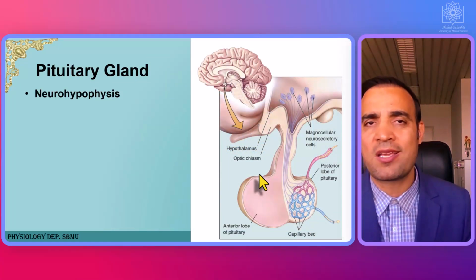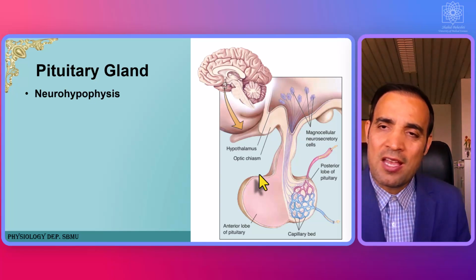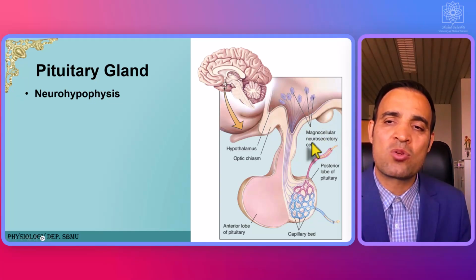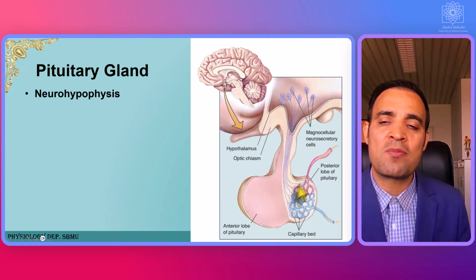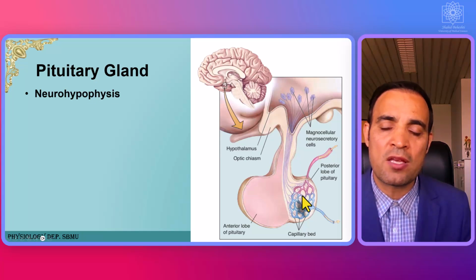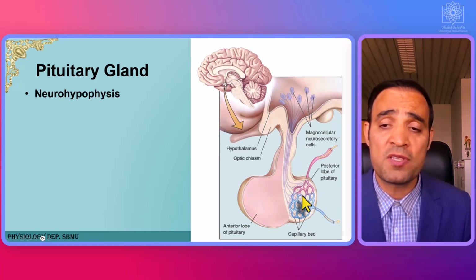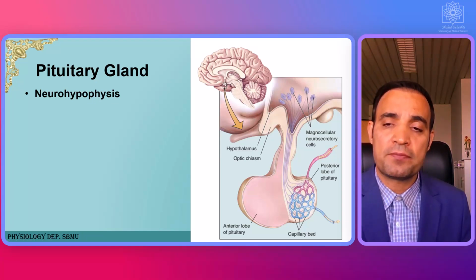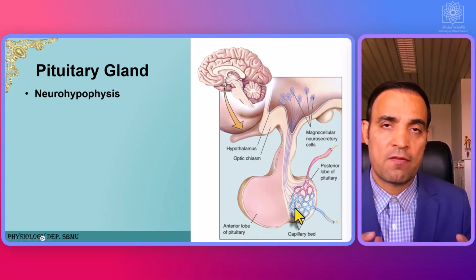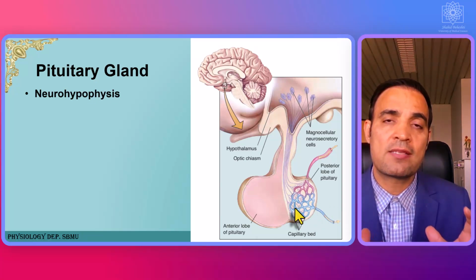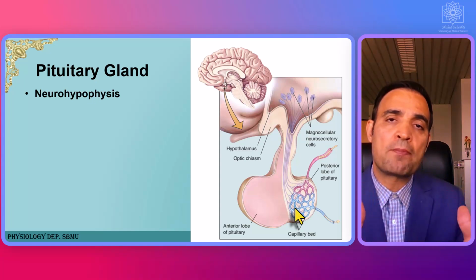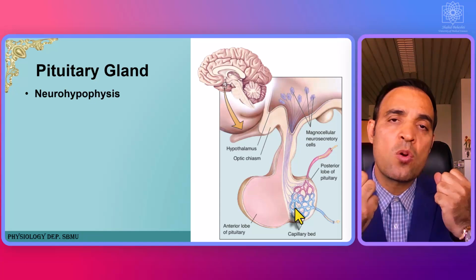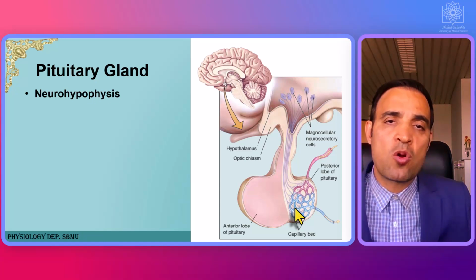This figure shows a schematic. Again, you see the magnocellular neurosecretory cells that we have in the hypothalamus, and the axons that are terminated in the posterior lobe of the pituitary gland, or neurohypophysis. And in the neurohypophysis, we have a very dense network of capillary bed that is able to take up these hormones and distribute them all around